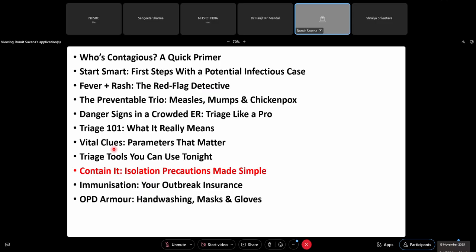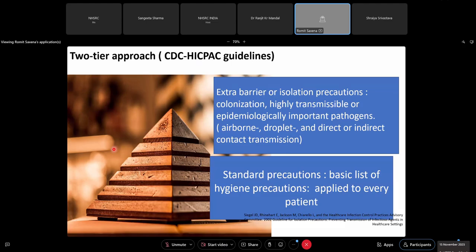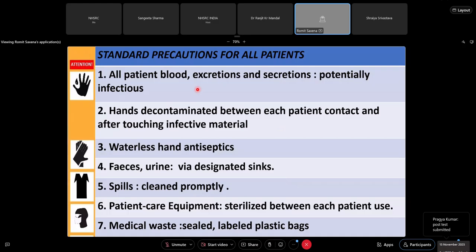Now, you've identified it, and you are very much with the child. How do you control the infection? So what you have to understand is there are some standard precautions which need to be maintained for all kids who come to you. You are in a busy OPD, so you should always be wearing certain precautions. If you're handling secretions, always wear gloves. You should always have a hand rub with you. If there is a spill around you, always remember to have adequate staff with the 3 bucket technique to clean it.